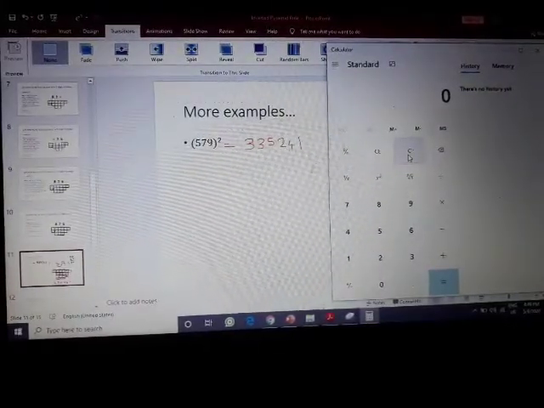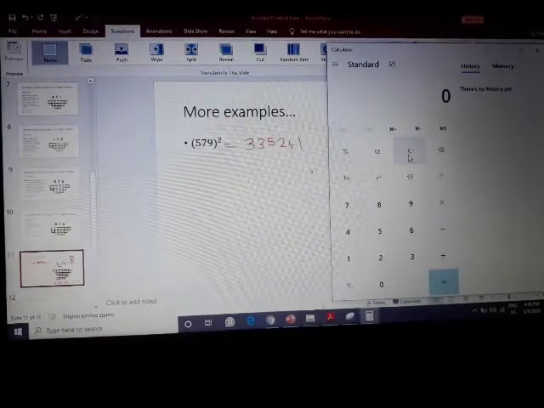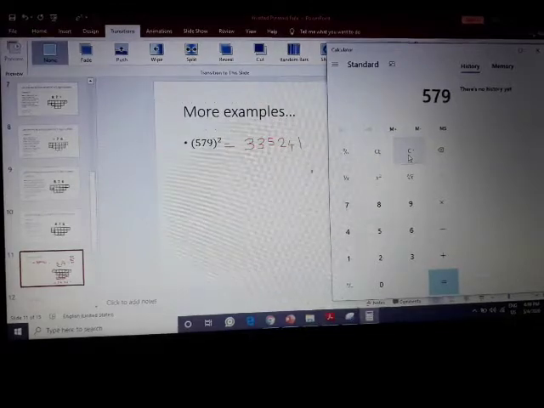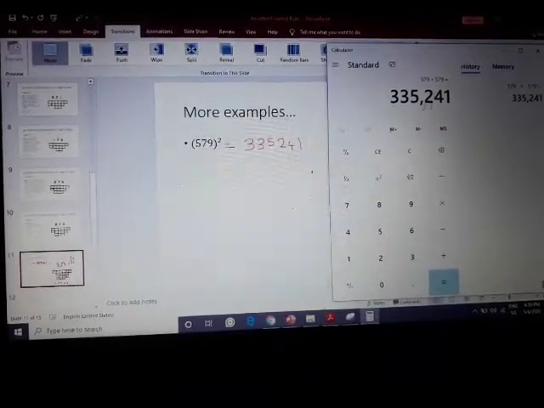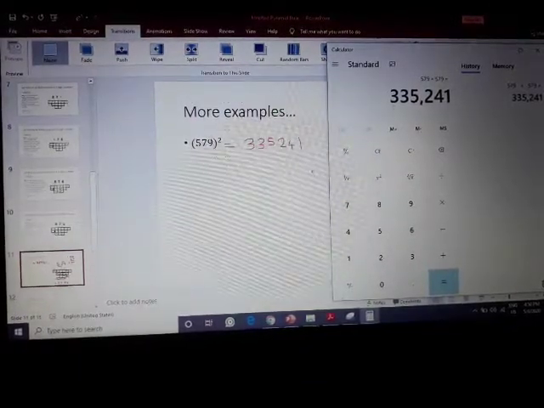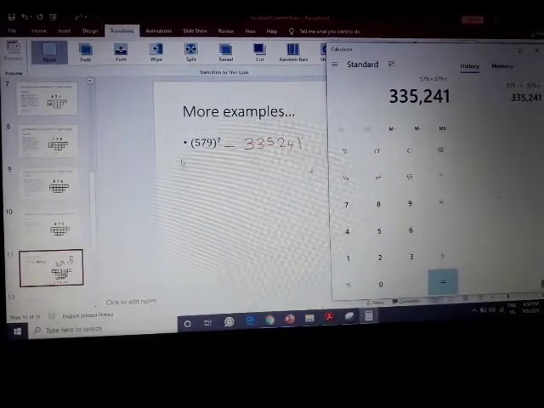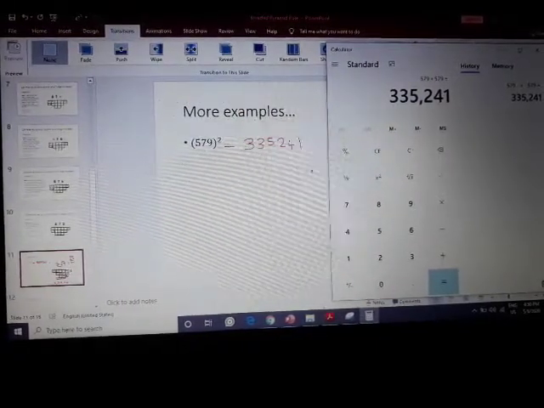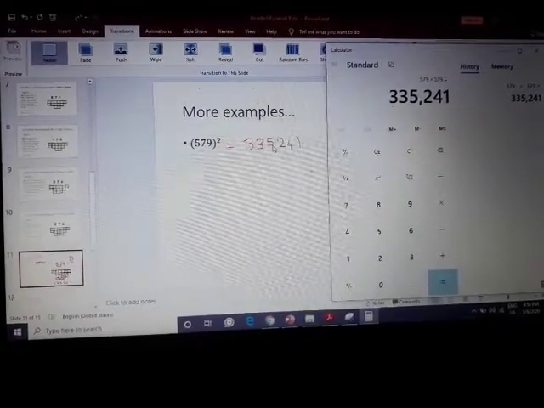Now let's cross check the result with the help of a calculator. So finding the square of 579 into 579, the result is 335241. We got the result 335241. That means the square of 579 that was determined using the inverted pyramid technique was correct. Now let's try another example question.